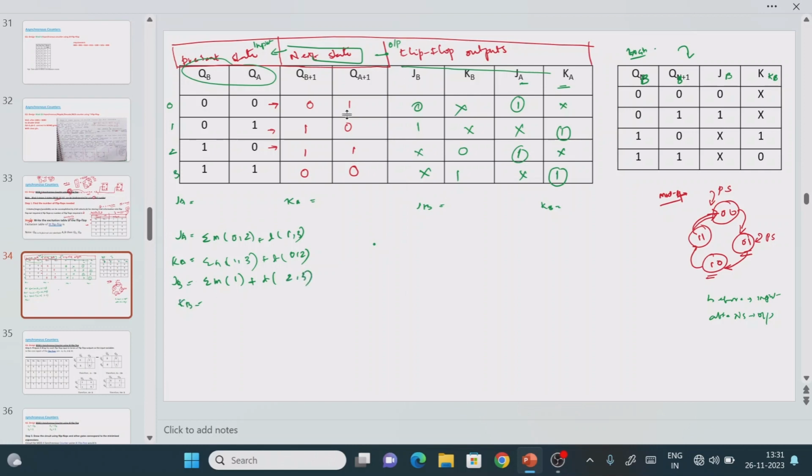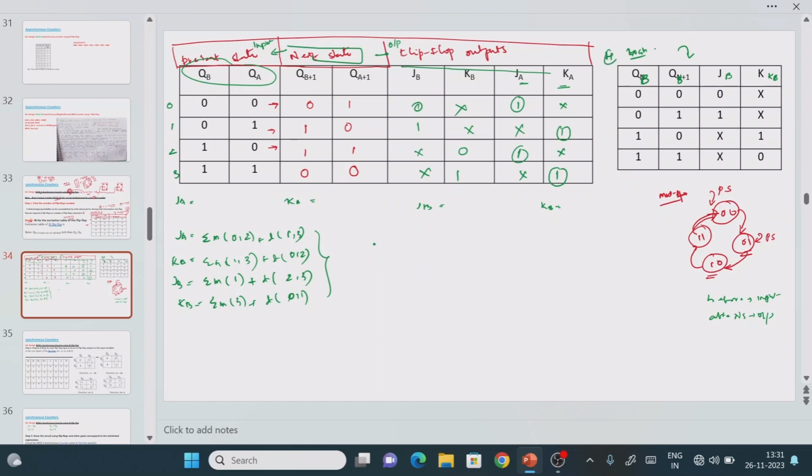Once it is done, what is the final one? KB. See, where we have the SOP function 1, it means input value equal to 3, plus what are the don't care combinations we have for KB? 0 comma 1 are the don't care combinations. Now we have the minterms for all the outputs. Now what we have to do is find out the logic expression using the K-map method. So how many K-maps are required? Try to identify. If you have 4 outputs, the number of K-maps required is 4.